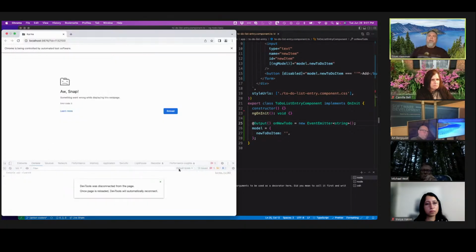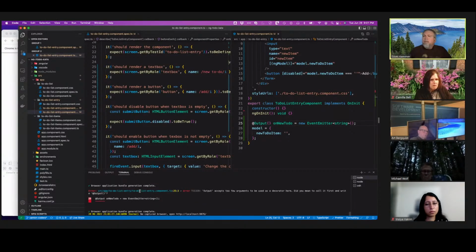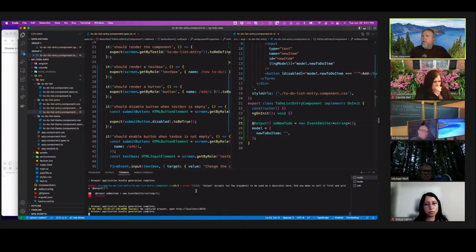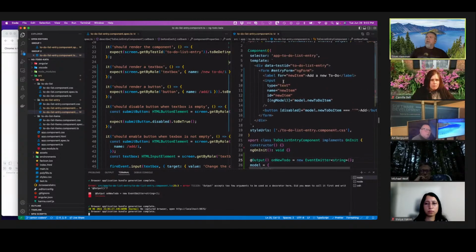Is this still giving us a problem? Just double checking. Accepts too few arguments. I think that's an old error message, but it shouldn't do anything until I actually wire it up here